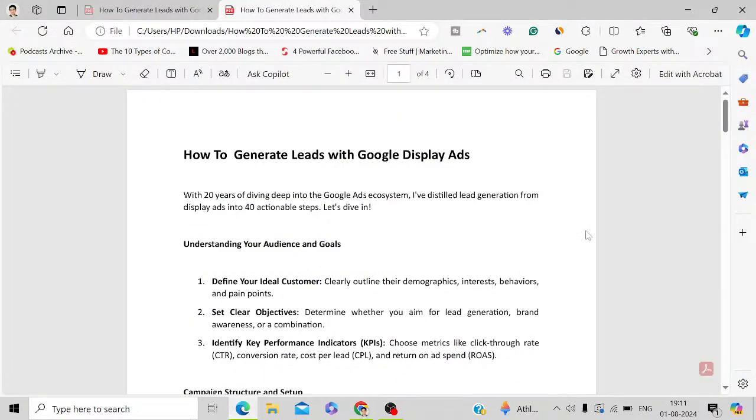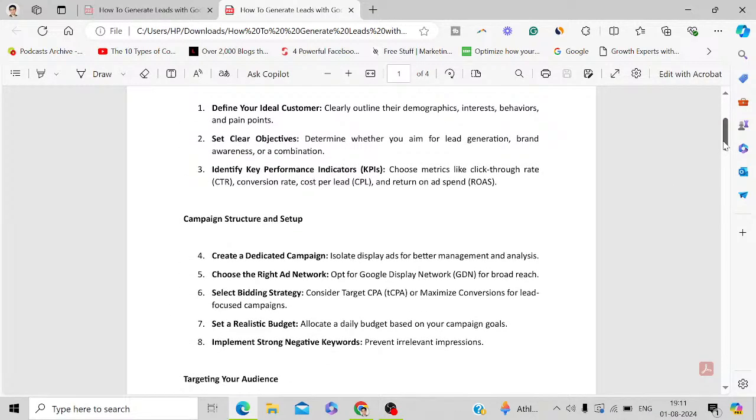So now we will understand the campaign structure and setup. Let's say you want to set up the Google Display Ads campaign. So what is going to be the setup and structure? First thing is you have to isolate display ads for better management. Completely separate display ads. Then you have to choose the right ad network. So when you are setting up the Google Display Ads campaign, you have to opt for Google Display Network